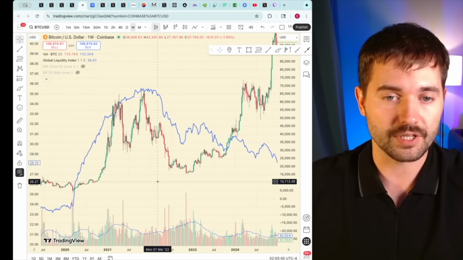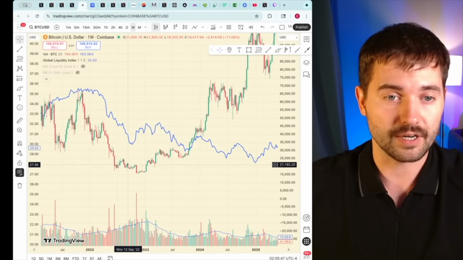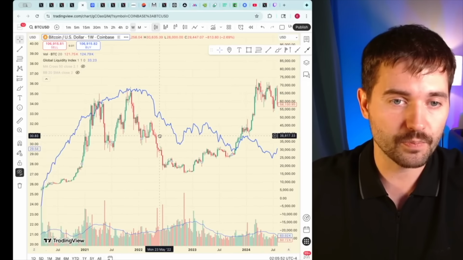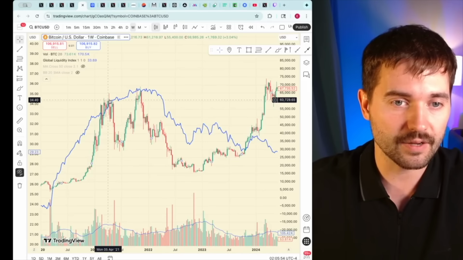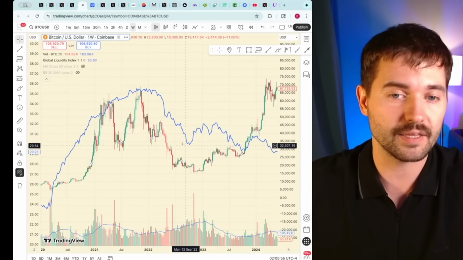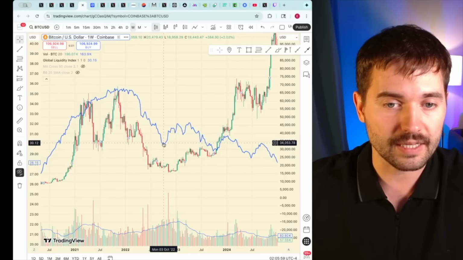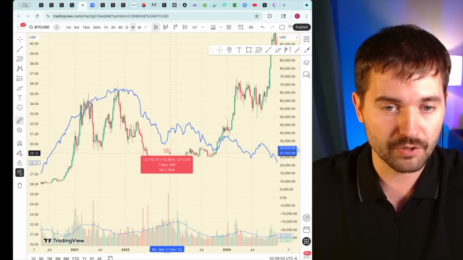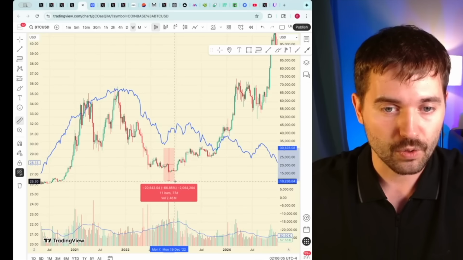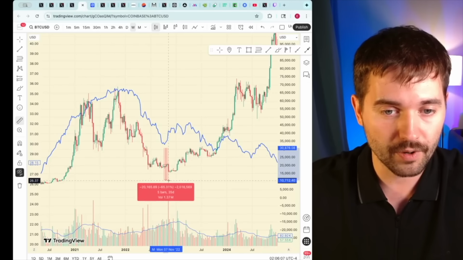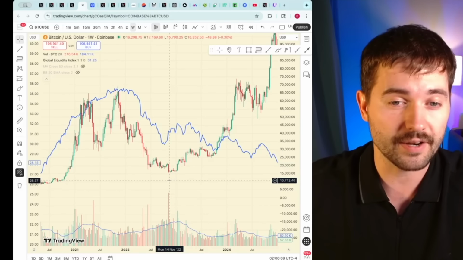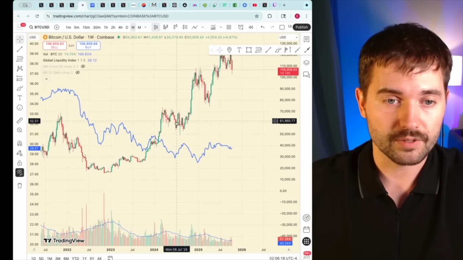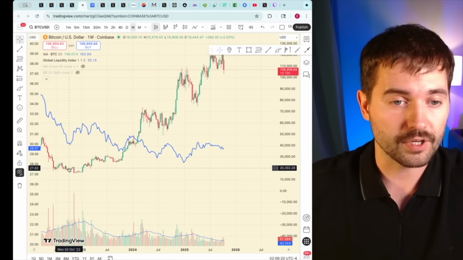Then we reached the top, and then we started going down when liquidity started to diminish. And it's almost perfect. Just look at the correlation between the liquidity and the Bitcoin price. When the liquidity finds its lowest point, Bitcoin price, again lagging, reaches its bottom roughly 40 days after liquidity bottomed. The liquidity continued going down, even though there were little spikes.